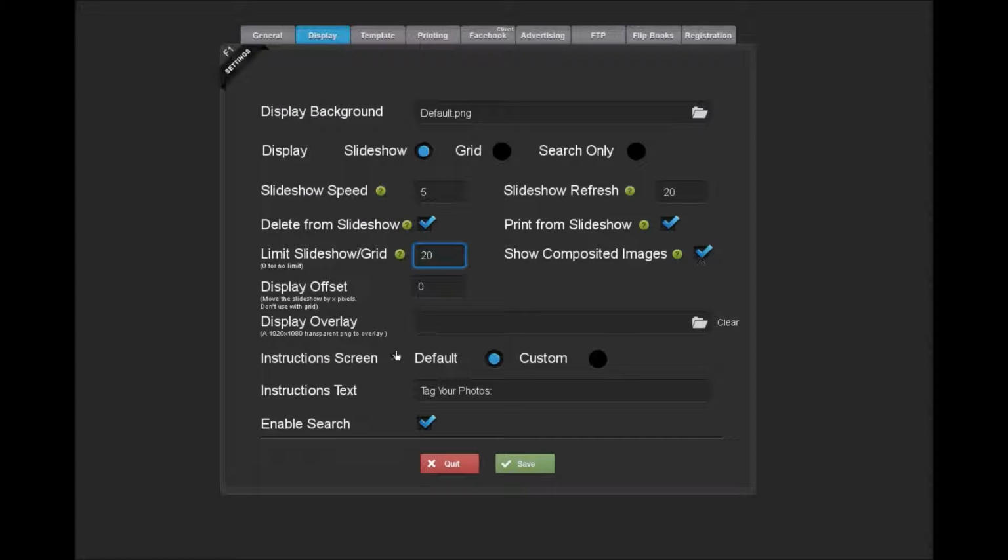The display offset is going to be to shift the display away from the center. So you can shift it, if you say 200, it's going to shift it to the right 200 pixels. You can use negative 200. So with the display offset, you can also use the display overlay to kind of change how it's going to